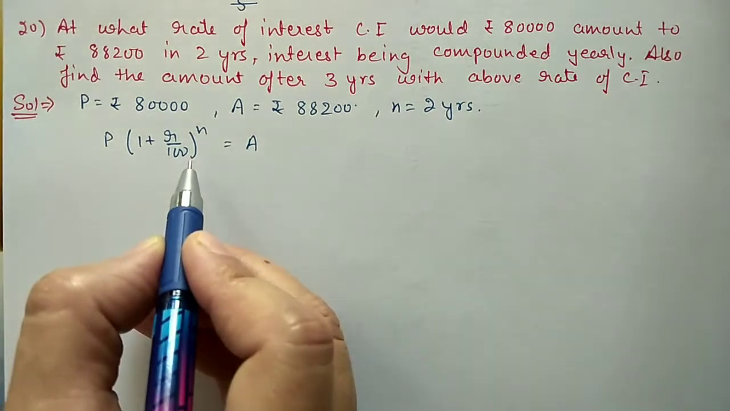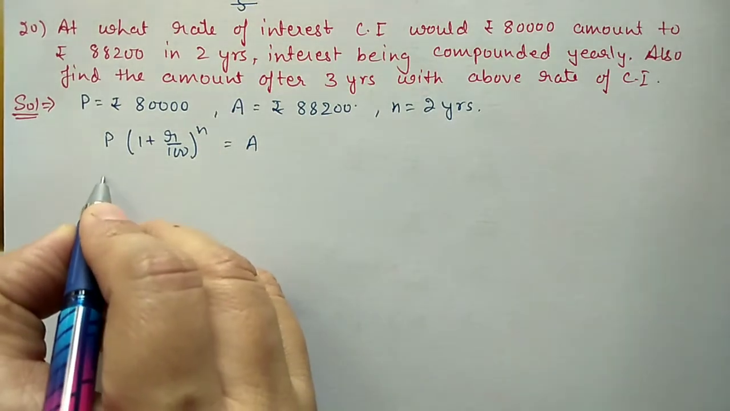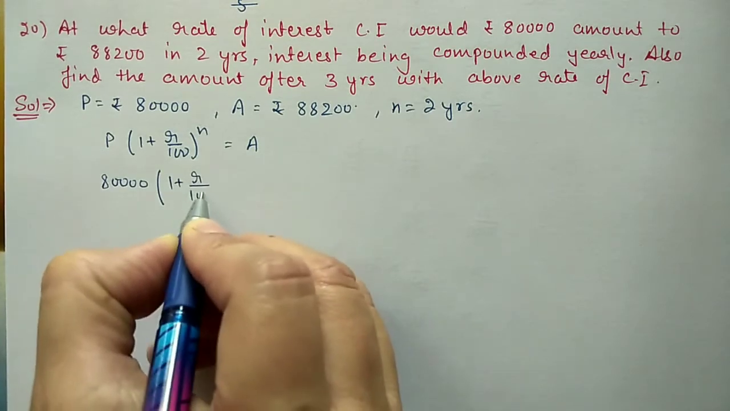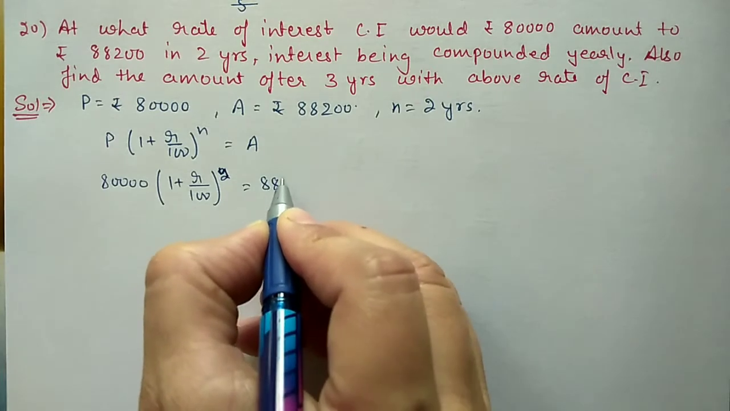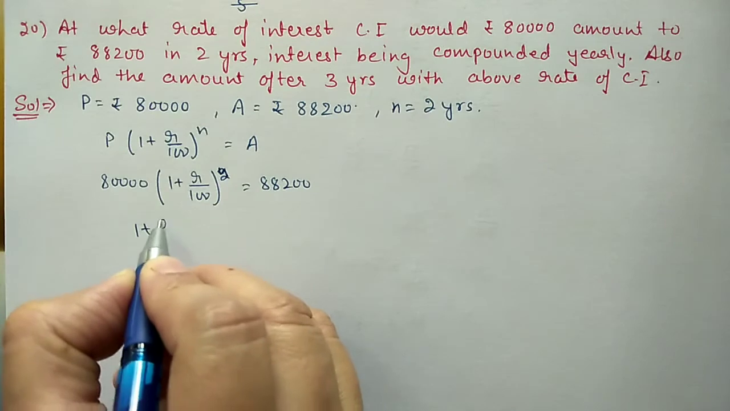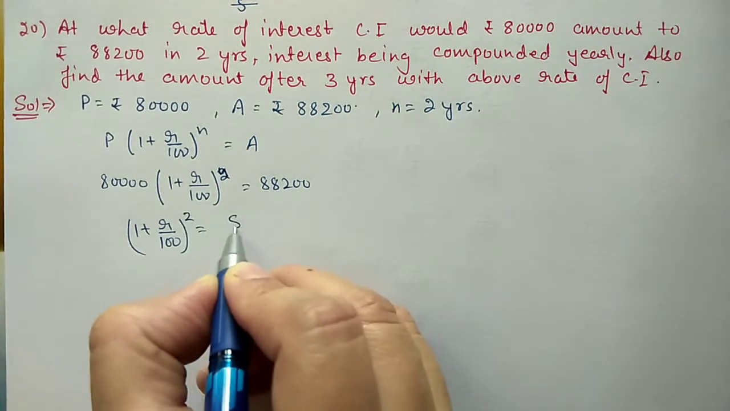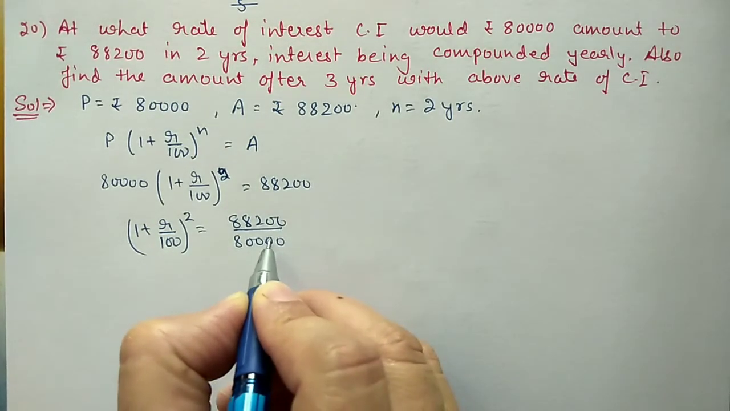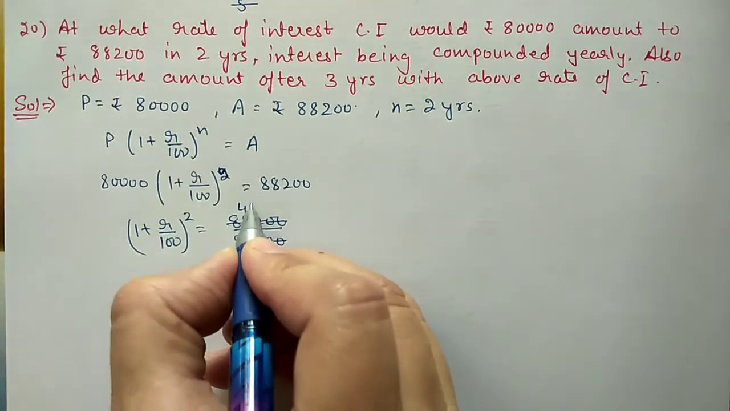So substitute values in this formula. It is yearly, so we will use the yearly formula. 80,000 times (1 plus r by 100) to the power 2 is equal to 88,200. 80,000 we can shift to the other side. So (1 plus r by 100) to the power 2 is equal to 88,200 divided by 80,000. Two zeros we can cancel out, then we can cancel with the 2 table: 441